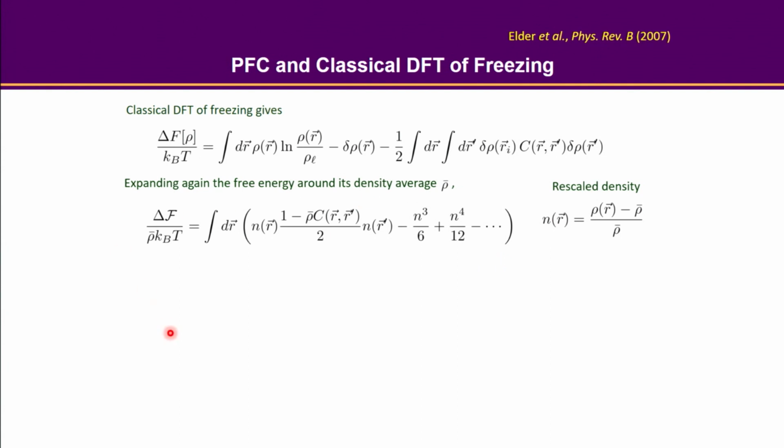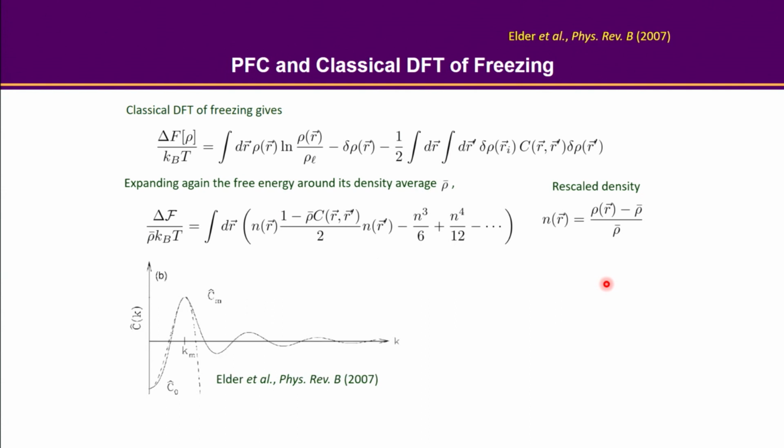So you still capture the main feature that you have a density correlation term, right? You see this n of r times the correlation function times n of r prime. And the other terms simply come from expanding the rho log rho term, right? So you are expecting an infinite series of polynomial in n right here. Okay, so everything starts from the classical density functional theory, and after the expansion, we end up with this simplified or truncated free energy. So what Professor Elder did is basically saying that now since we retain this correlation function,